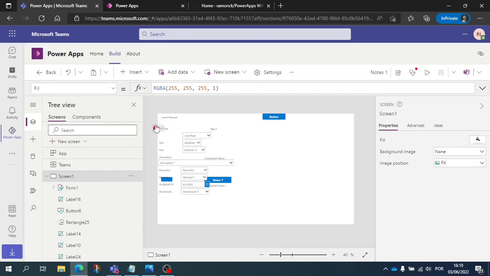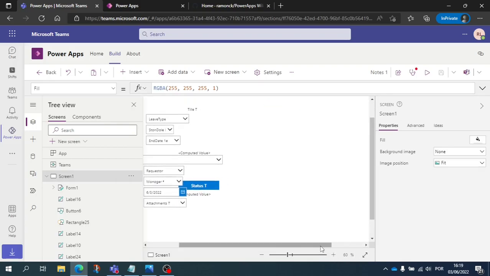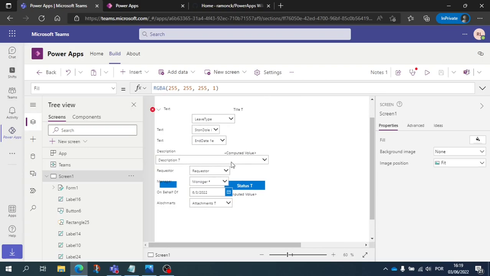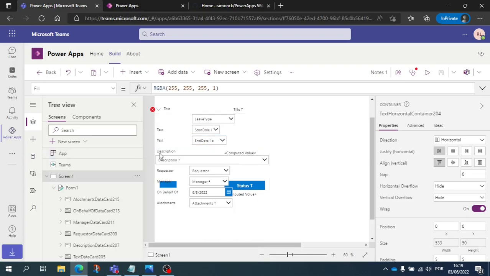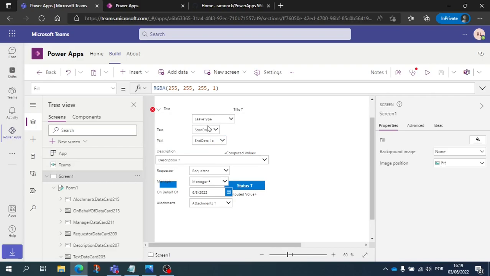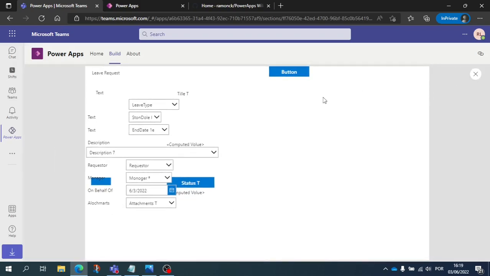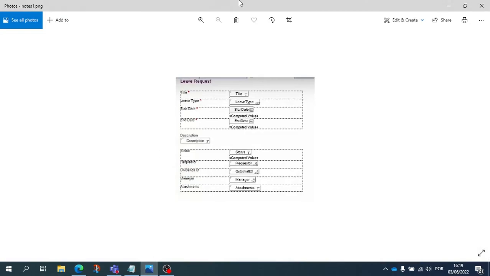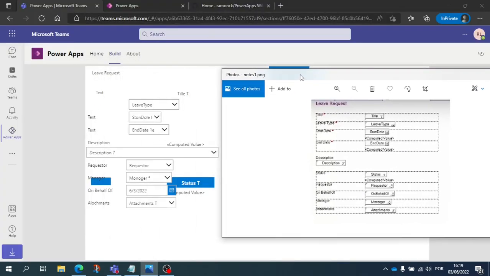Okay, so basically it created this screen as close as possible to what we had on the other screen. And what I found interesting was the field types, right? So it's showing us here the fields. We have here the form, and we have here the fields. So if I hit play, for example, I do have these fields as being drop downs, as it was in the other one. I do have the description, I have the requester, so if we look side by side, it did try to create as close as possible to what this was.